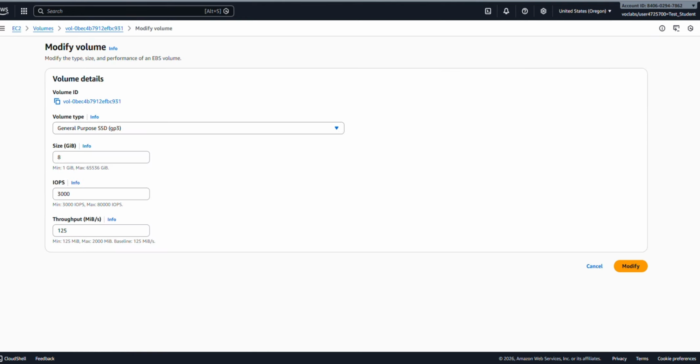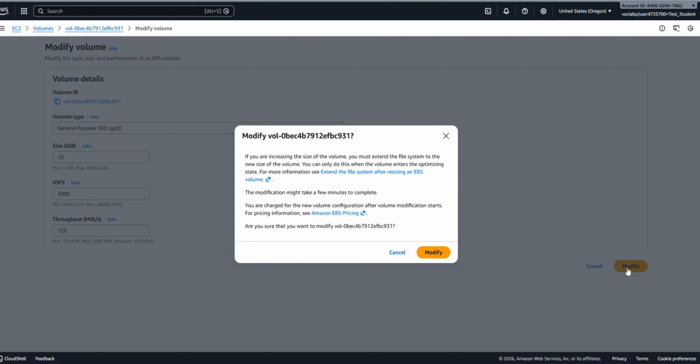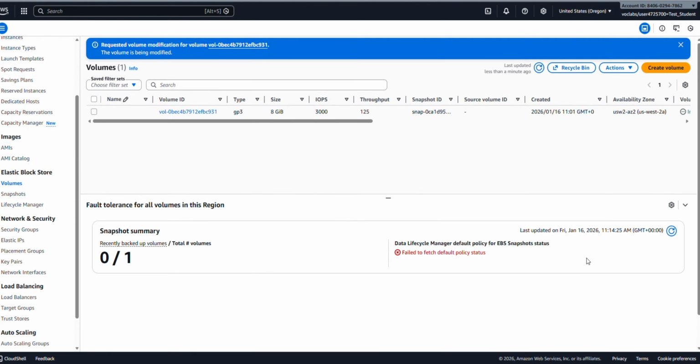So you can now increase it from 8 to 10. Then you click on modify. That is all. Here you've just modified your volume. We have successfully modified our volume. And now